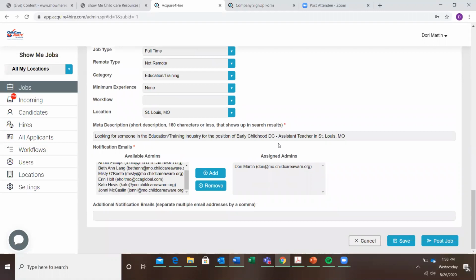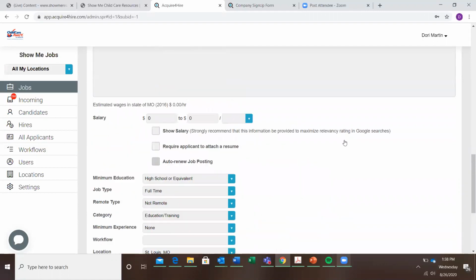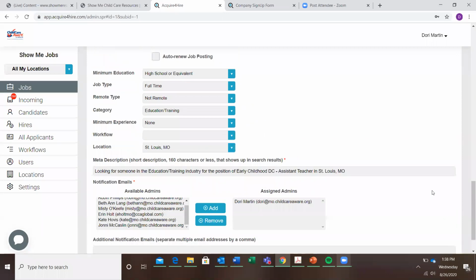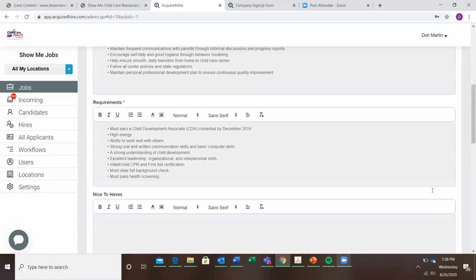So once you've done that, if you want to just save it as a template, you can click save. If you want to post the job, it would post out to those 9 job boards that I had mentioned. I'm not going to post this one. But once you post that, that's when you can start managing your hiring process. So in order to do that,